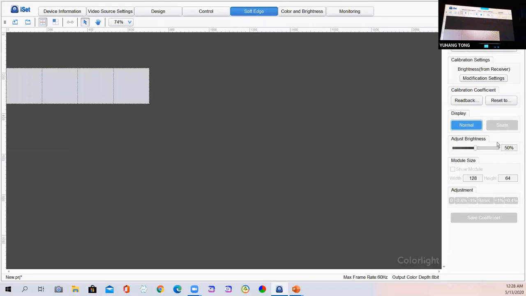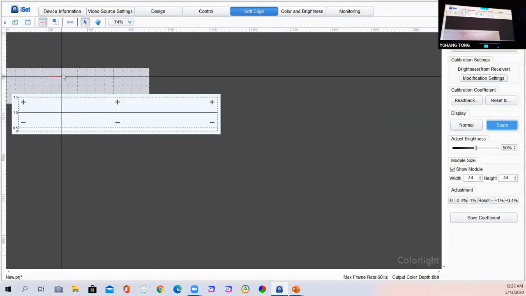same mode and set the brightness here by dragging the slider or just clicking on the minus or plus. Here we set it to 50%. And if you want to change the small line, you can set the module size with the real resolution of each module, or you can change it into a smaller one so that you will get more lines here. And then you could revise it